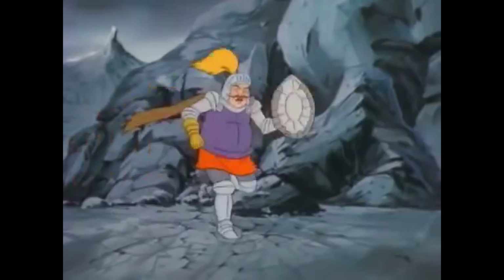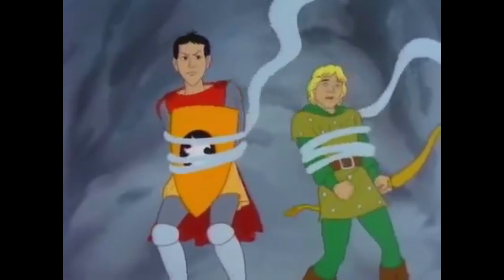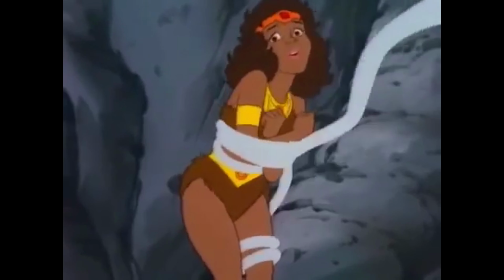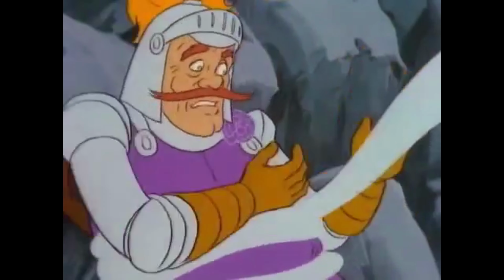Father, look out! He's trying to be brave, fighting Medusa here. How'd that work out for him? How did Dungeon Master think Beauty could defeat the Beholder? That's it! The flower! Sir John! The flower I gave you! Show the beholder the flower! The flower. What? The flower. Where's the flower? Where's the...